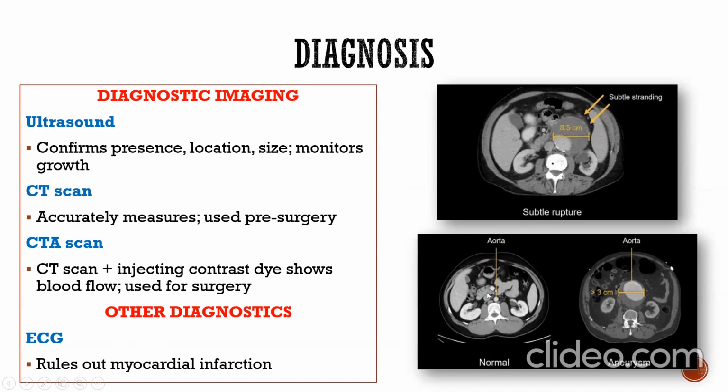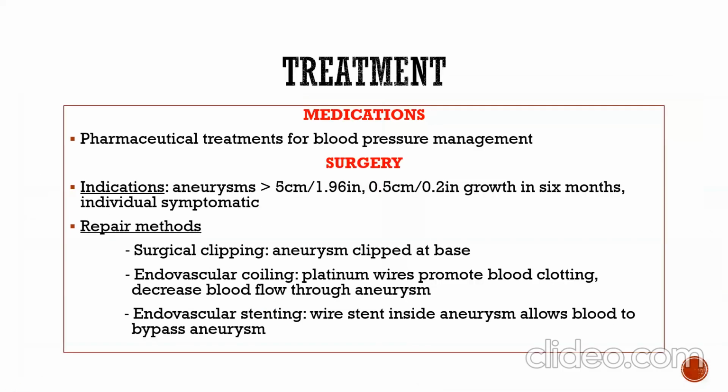and a normal aorta compared to the aneurysm. CTA scan: injecting a contrast dye shows blood flow, used for surgery. Other diagnosis: ECG to rule out myocardial infarction. Treatment is medication,